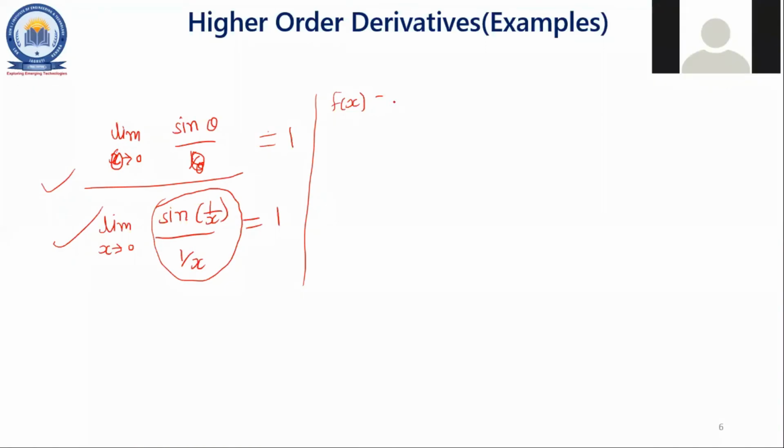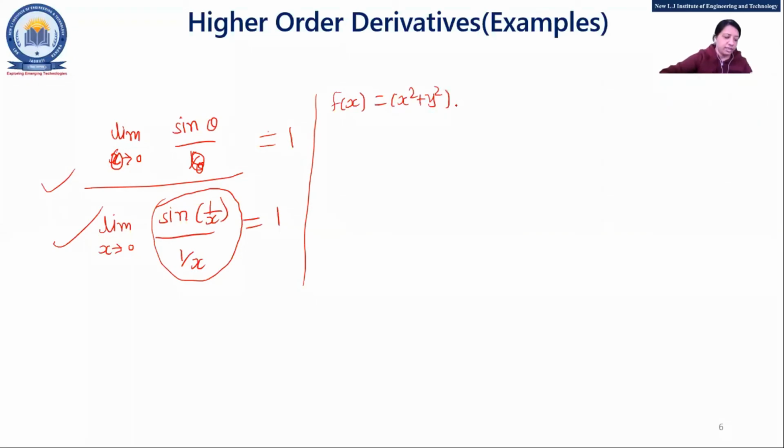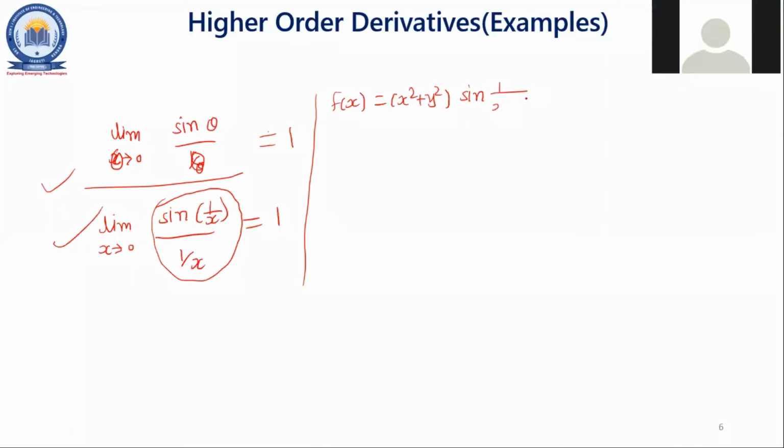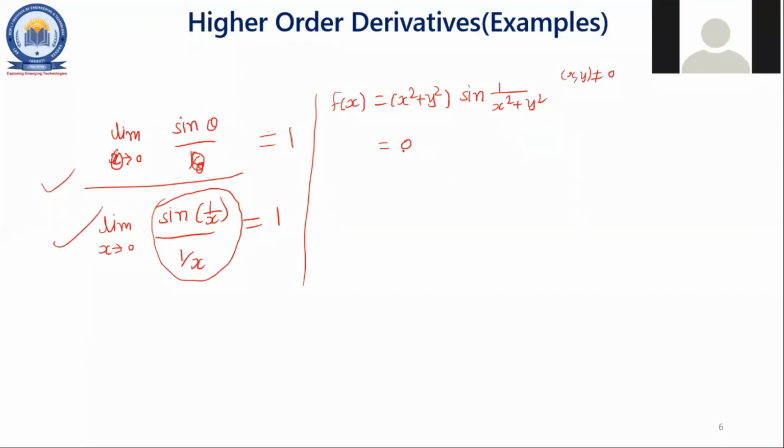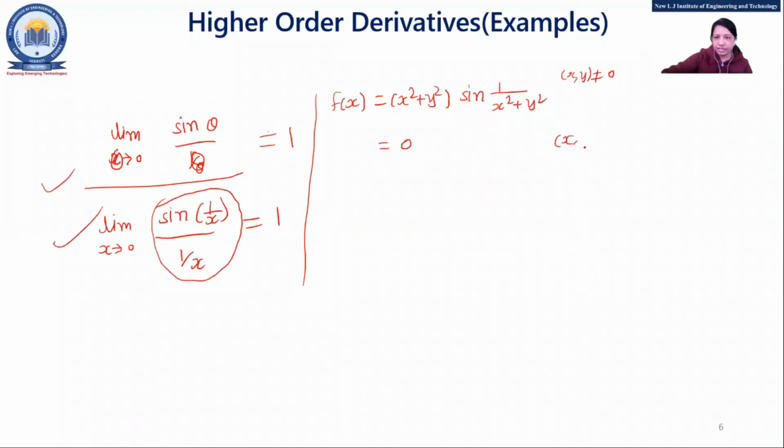Yes, f of x equal to, quickly, x square plus y square, okay, fine, sine of something, right? Sine, yes, 1 upon x square plus y square. And that is for xy not equal to 0, like that, na? Yes, ma'am. And this is 0 when xy equals 0. So Devanshi and Dev both, in the book, this was the example.